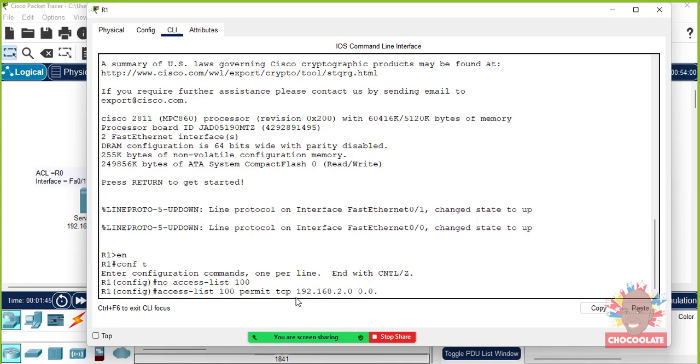Now if you realize, I didn't use any specific host, I just used the 2 network. And we want to be able to permit a host, so I'm going to put a host here, the server, which is